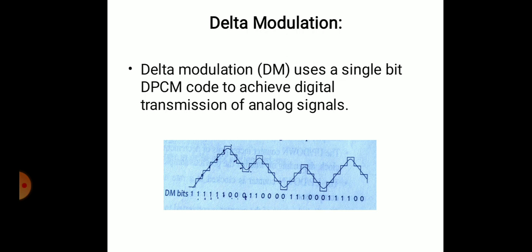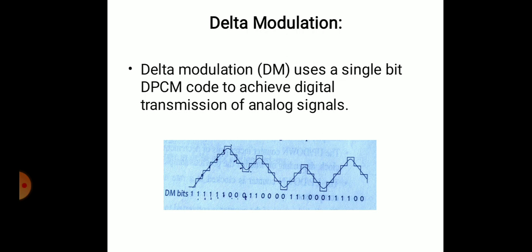Number two, if the value of the current sample is larger than the value of the previous sample, a logic 1 is transmitted. Okay. Now, the difference between the actual input signal and the approximation signal is quantized into two representation levels. What are these? One is plus delta and another one is minus delta, that is, the positive and negative difference respectively.